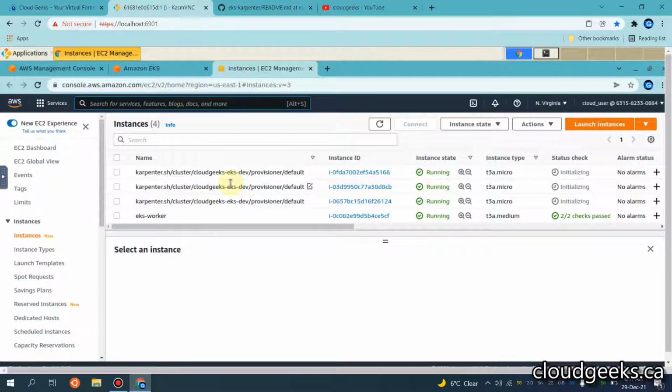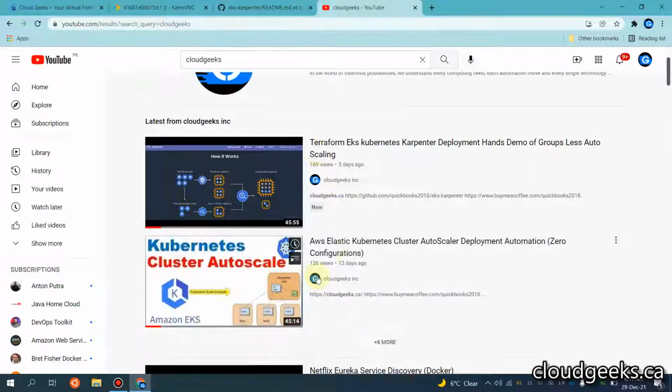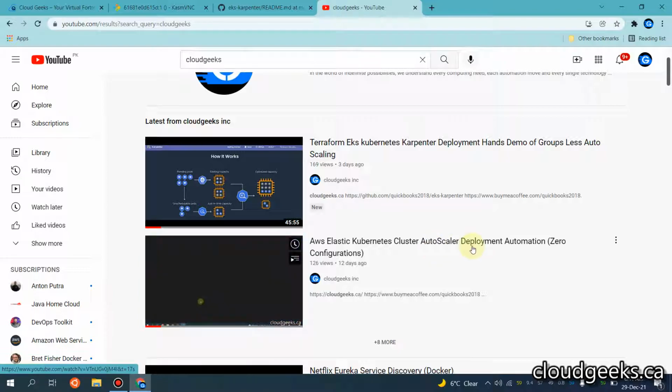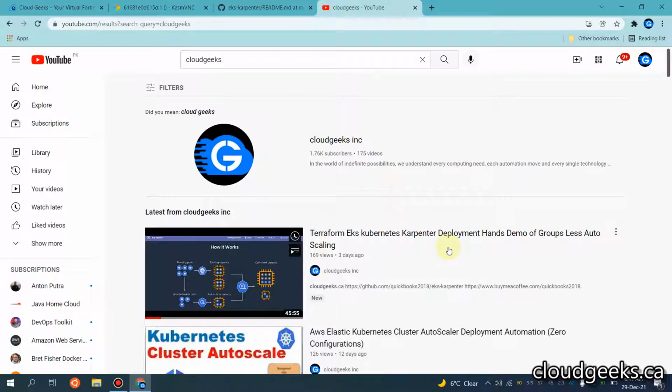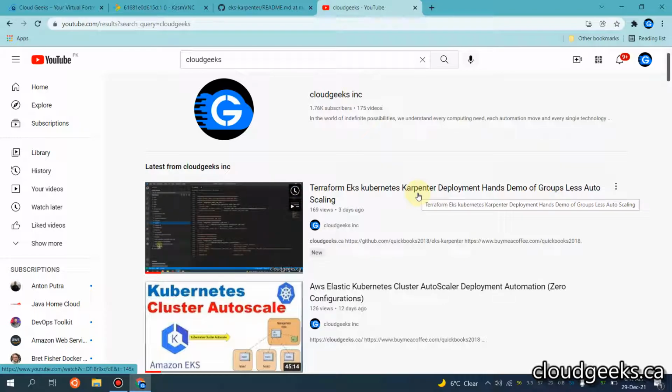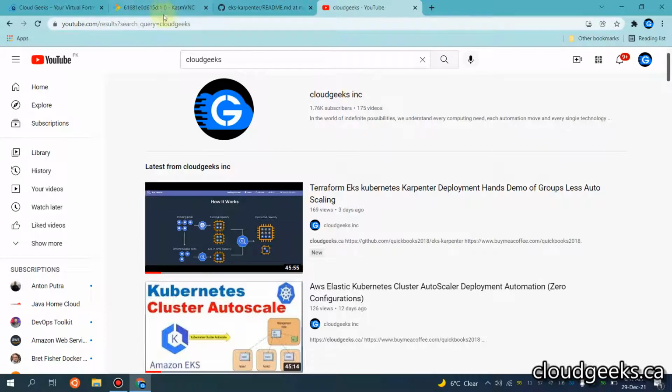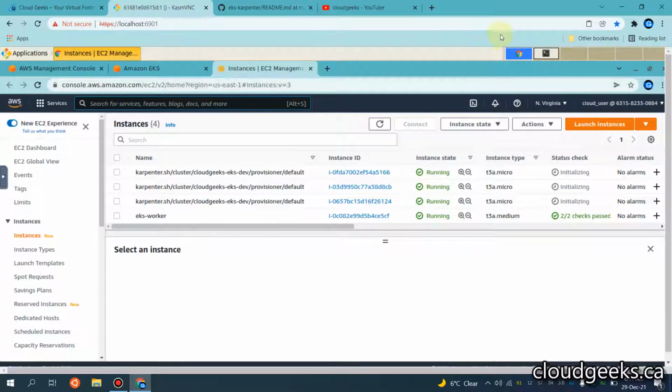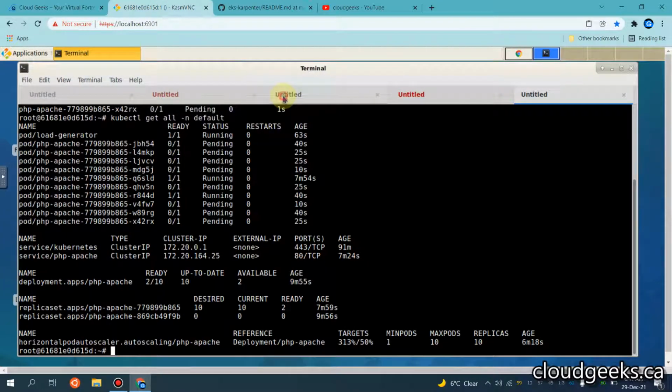So there is no traditional autoscaler, which we set up in the past. We are using the Terraform Kubernetes Karpenter, and let me also show you the logs with regard to Karpenter.